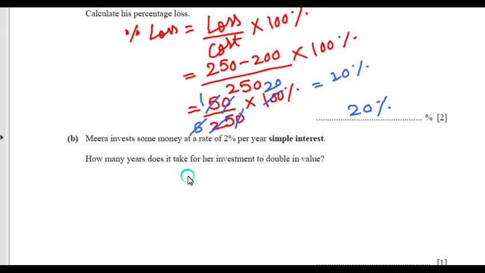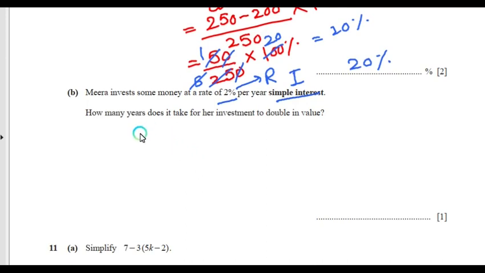Next, part B. Meera invests some money at a rate of 2% per year, simple interest. So this is actually the rate of interest, R, right? Simple interest, we can represent it by I. How many years does it take for her investment to double in value? To double in value, it means,